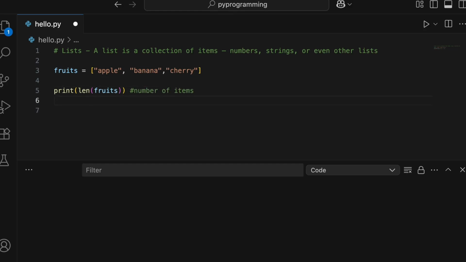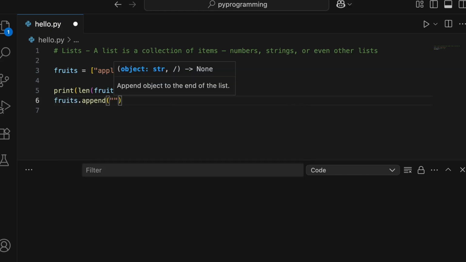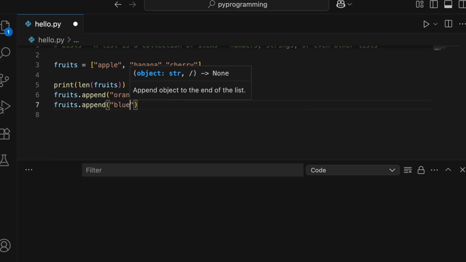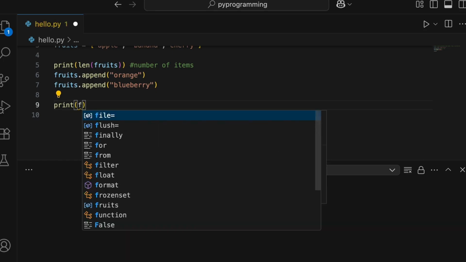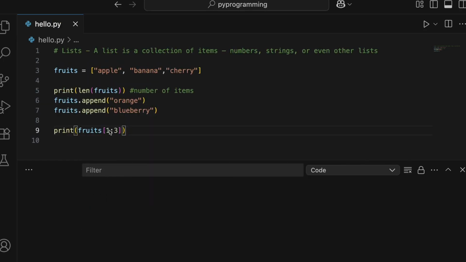Now let's understand slicing. So I'll go ahead and add a few more items to the list and then we'll try out the slicing. So I'll append orange and I'll also append blueberry. Now we'll get a sublist from this list. So I'll write something like this, print and then the list name. So here you need to mention the starting index and the end index. So I want to start from index 1 and end at index 3. That is how I want to get a sublist from this list. So let's just go ahead and run this. So now you can see it started from banana, and then cherry. It's going to include the first index position value, but it will not include the last index position value. So slicing will help you to get a part of the list.